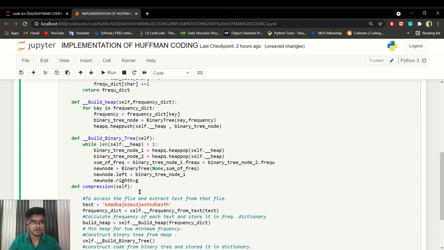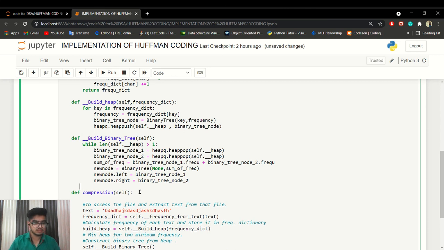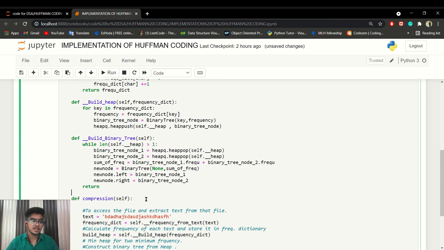I don't know why my computer gets slow. We are creating our connections, and when we do all these steps we have to return from here. And this is how we are creating our binary tree.